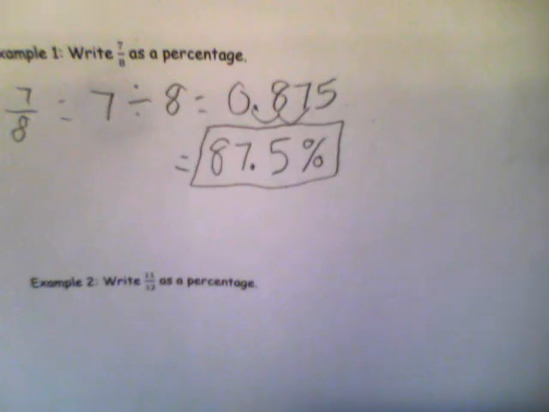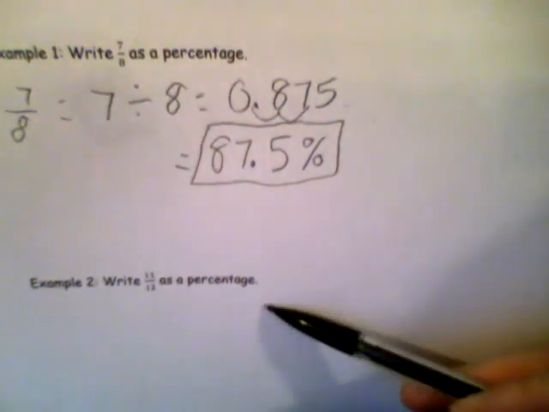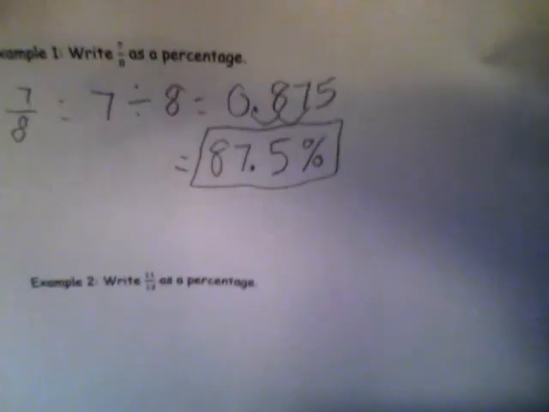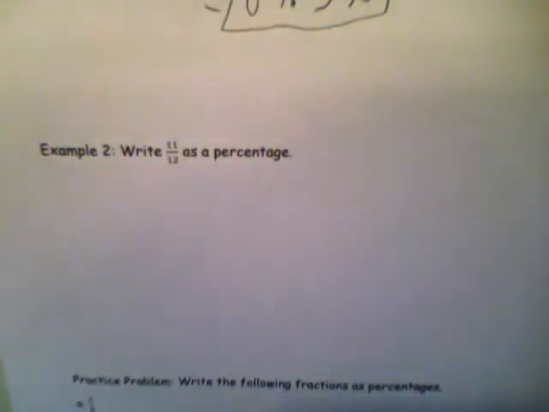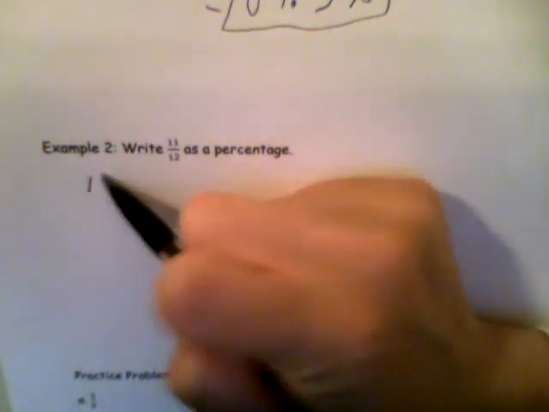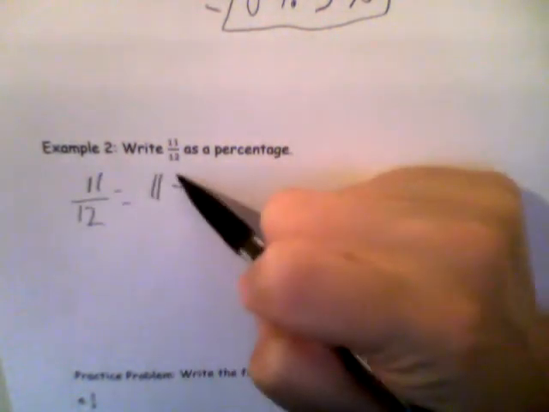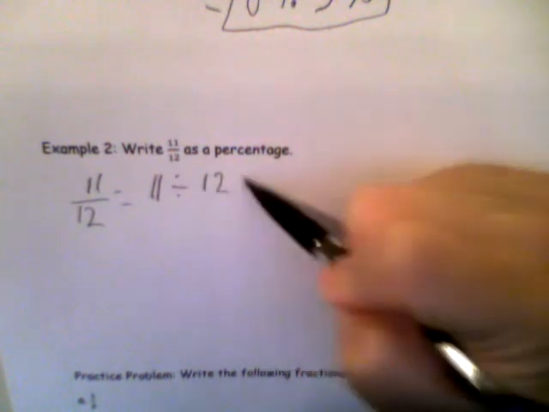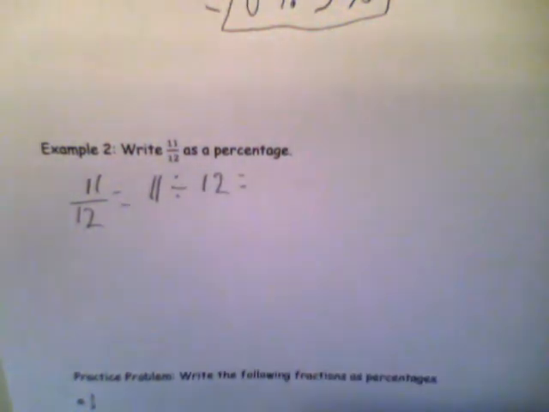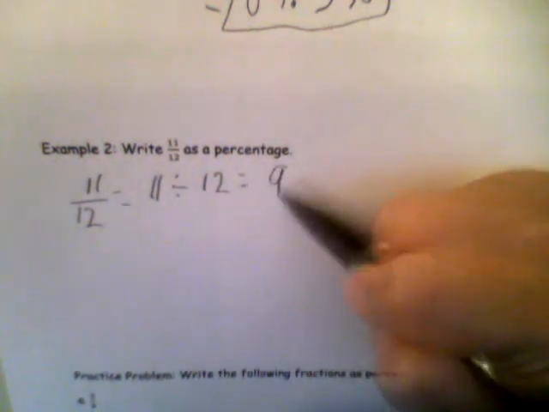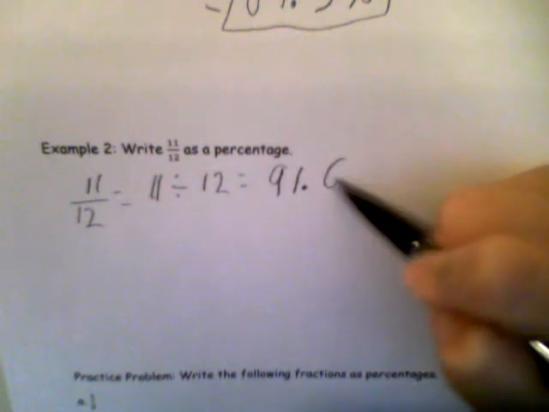Alright, next, let's go ahead and try one more. The next example is to write 11/12 as a percentage. So to write 11/12 as a percentage, same thing. 11 over 12 is just the same as 11 divided by 12. Okay? So when you do 11 divided by 12 in your calculator, you should get